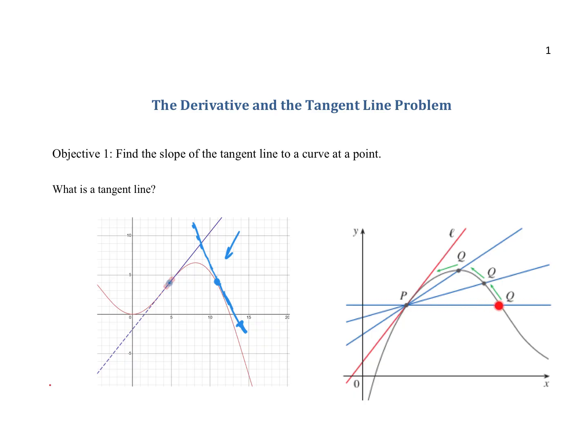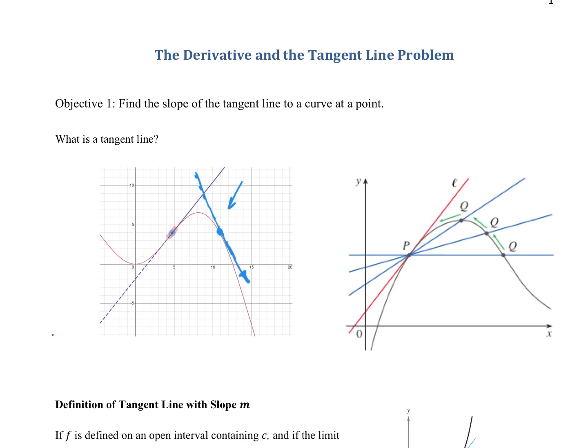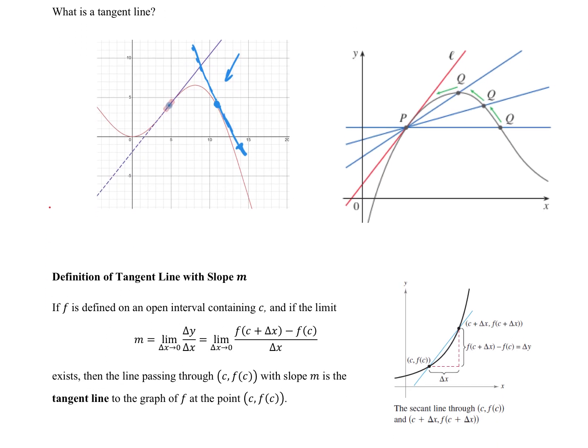Then when we let Q approach P, those secant lines will eventually approach this tangent line. So here comes the definition of the tangent line,